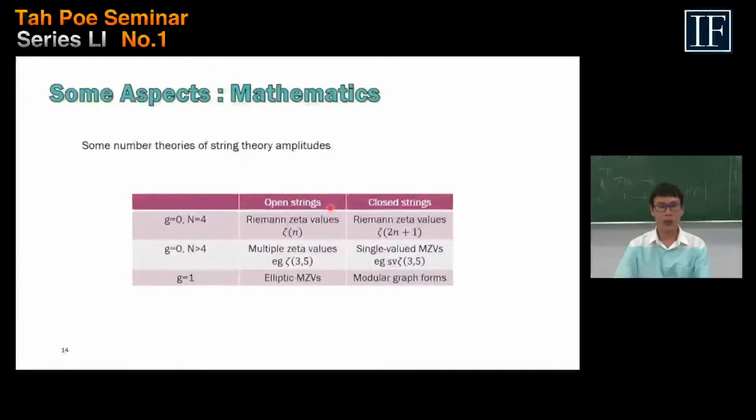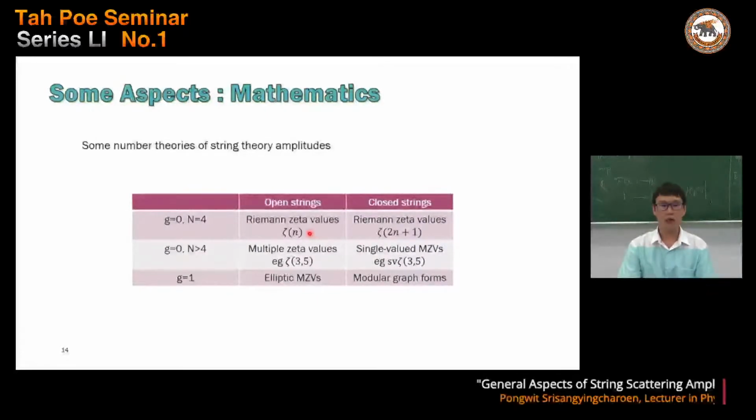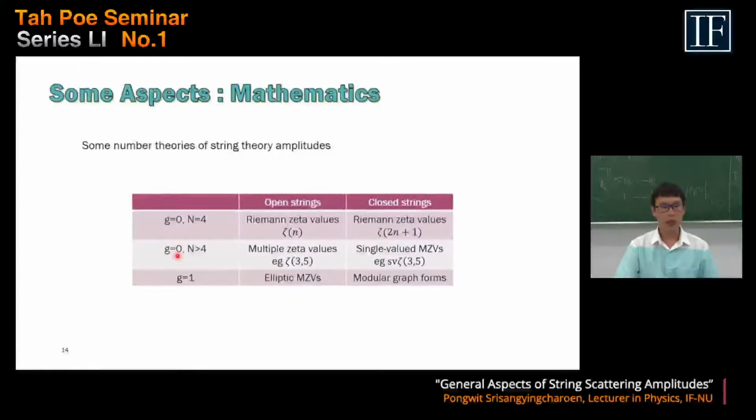And the conjecture between open and closed string is via the single-valued map, which nullifies all of the even zeta values. And for higher points, the string scattering amplitude gives what is called the multiple zeta value,